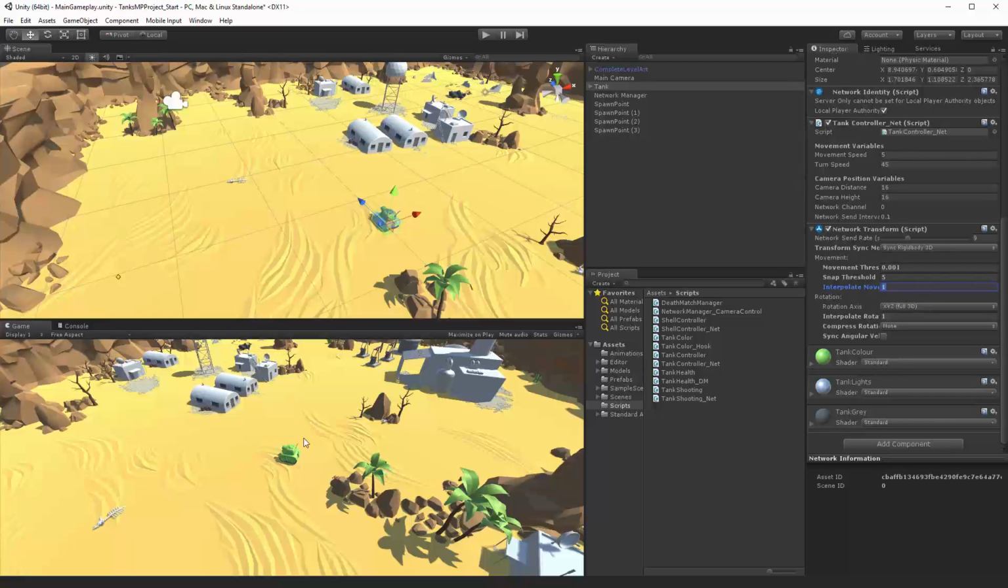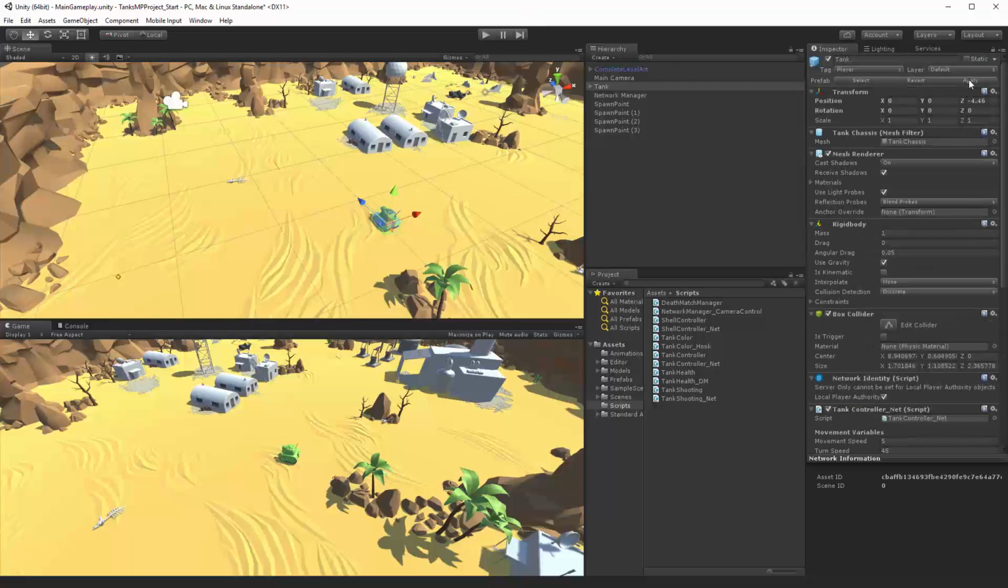Now for rotation, I could sync all the rotation of this tank. However, the tank only rotates about its y-axis. I don't want to send too much data, right? Because that's going to bog down my bandwidth. So I'm going to choose Y top-down 2D. All right. And so now if I go ahead and hit apply and then save my scene and build it,